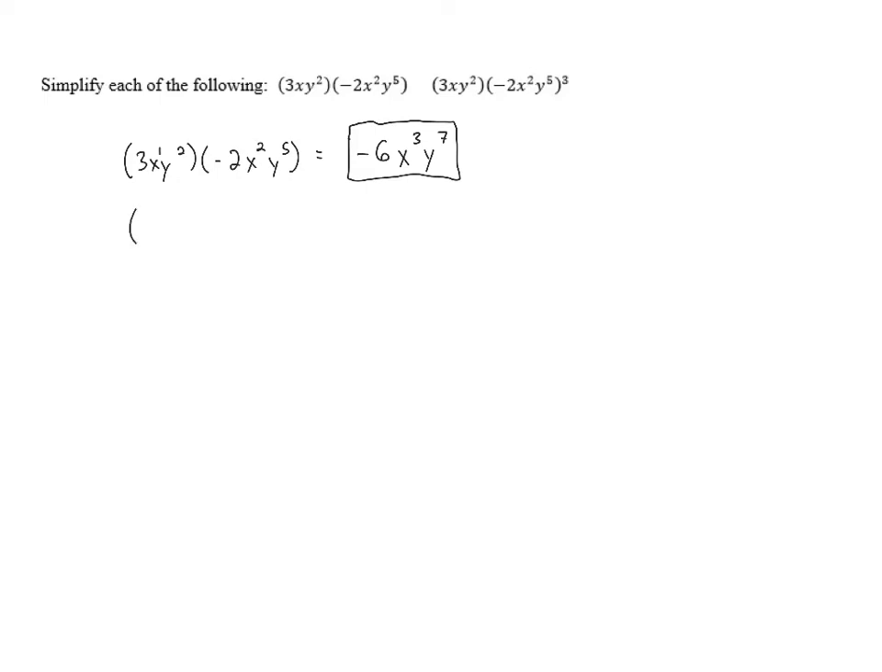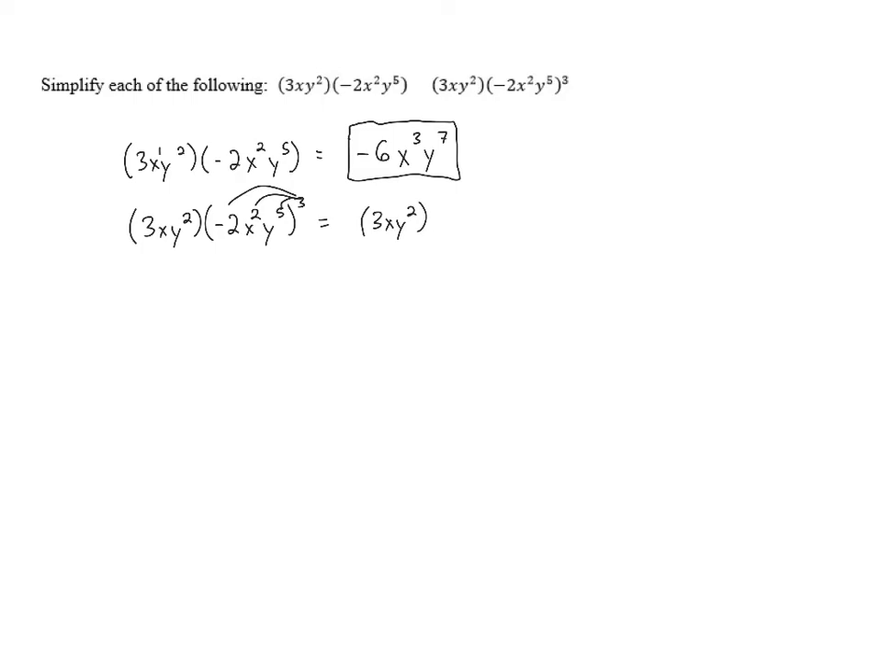The other one's going to be a little bit more involved. We still have 3xy squared, and then we've got negative 2x squared y to the fifth. But in this case, that second factor ends up being cubed. So now we have an exponent on top of a product. This is the third rule. It means that exponent gets distributed to each of the factors in there. So I'm going to leave 3xy squared alone out front, and then I'm going to take this other 3 and distribute it to each of the terms,